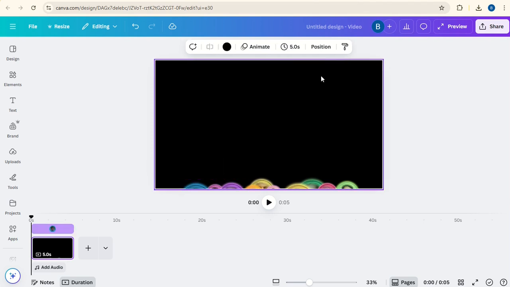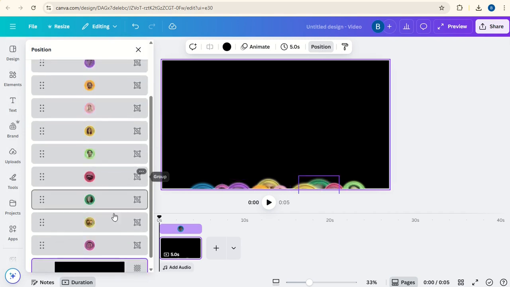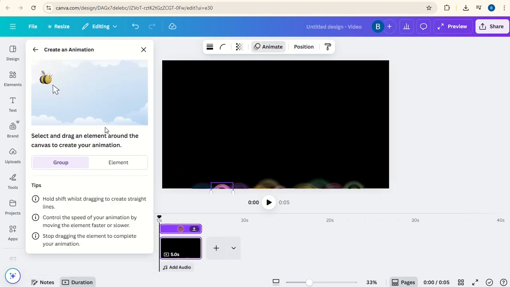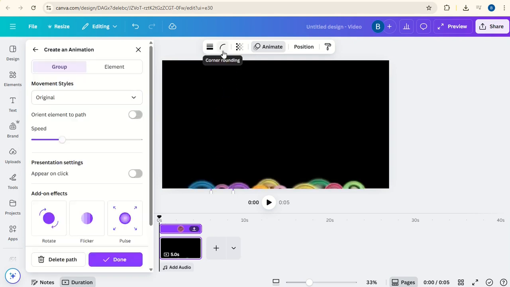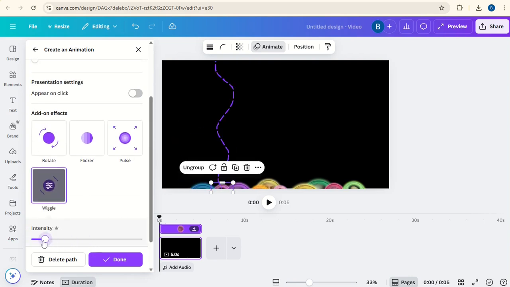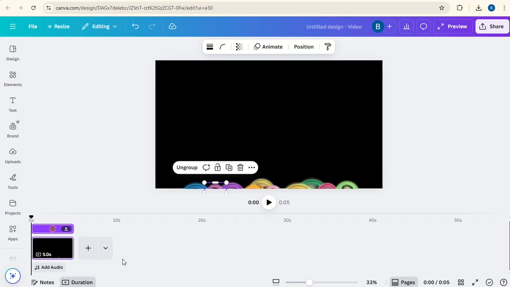Give each one an animation path, so go to position, click on the next group along, go to animate, click on the B, and then drag for the animation. Change the speed down, steady, click on wiggle and change the intensity down. Now what we want is for these bubbles to be appearing at different times, so click done,